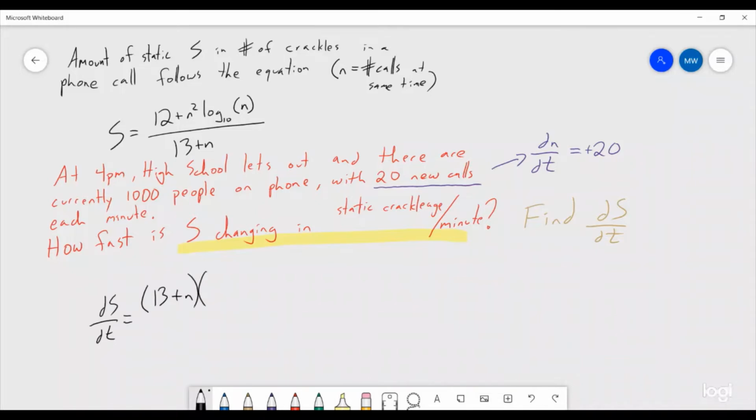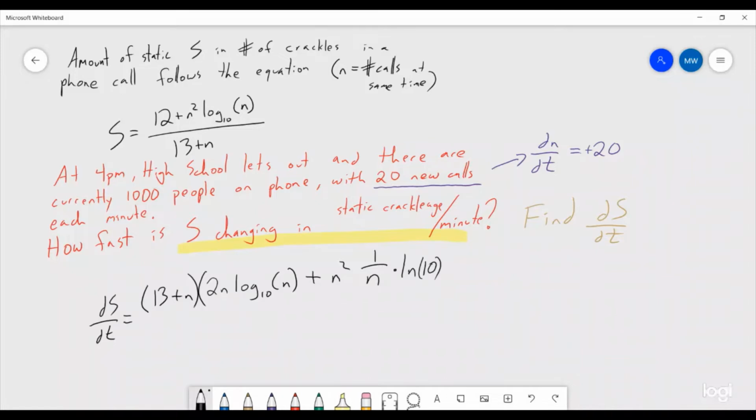Derivative of 12 is 0, but the derivative of N squared log base 10 of N is going to be a product rule. The derivative of N squared is 2N, so we have 2N log base 10 of N, plus N squared times the derivative of log base 10 of N, which is going to be 1 over N times